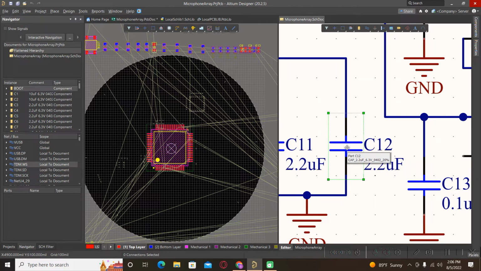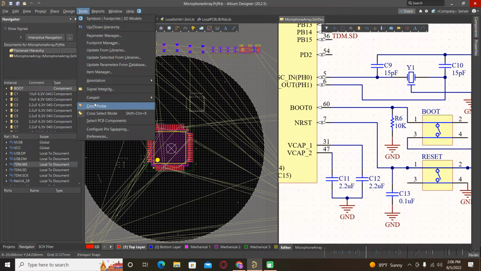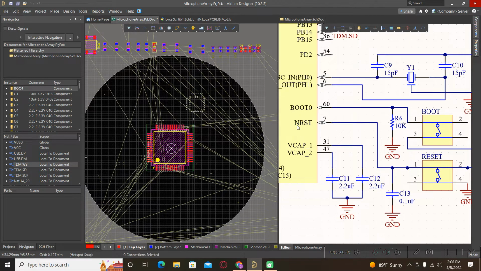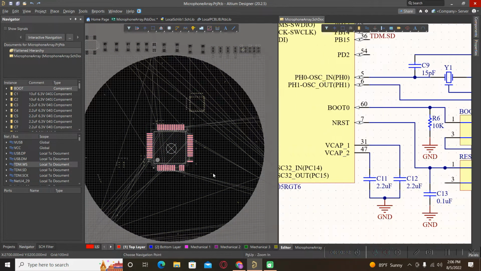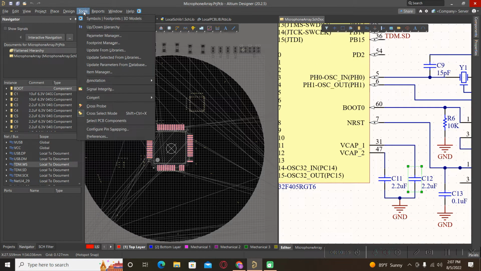If you forget to press the Shift button, our mask disappears, and if we want to go back around the controller, we'll press go back, cross probe. Select with the help of Shift this component and go to the